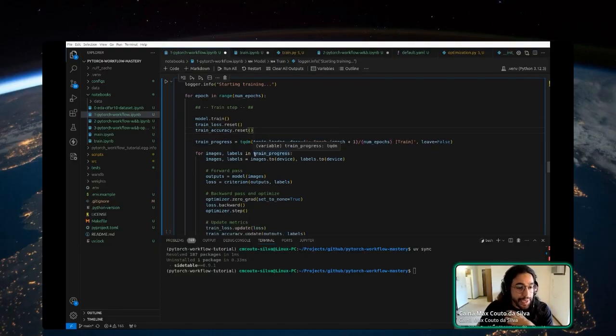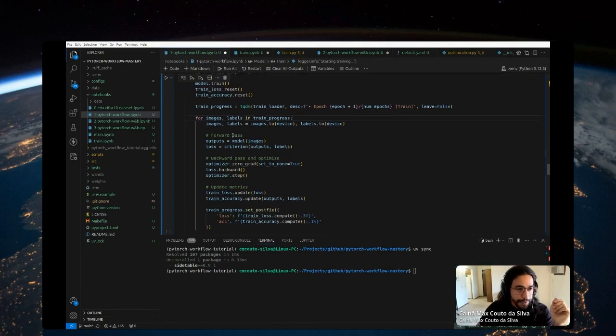Then we need to iterate over the batches, right? For images and labels, I could iterate over the train loader directly, and it would work perfectly fine. I'm just wrapping it here so I can follow the progress of the training set. It encapsulates the train loader and shows the progress. I'm also asking it to not leave the bar after it's done, just to not show it anymore,